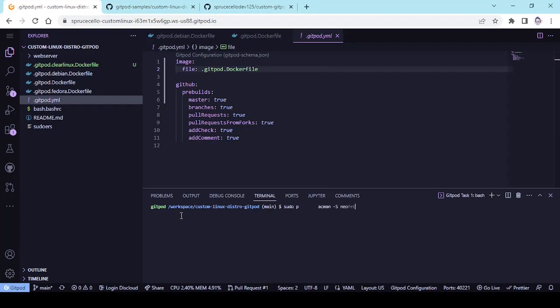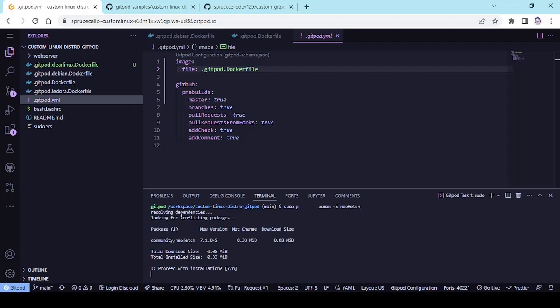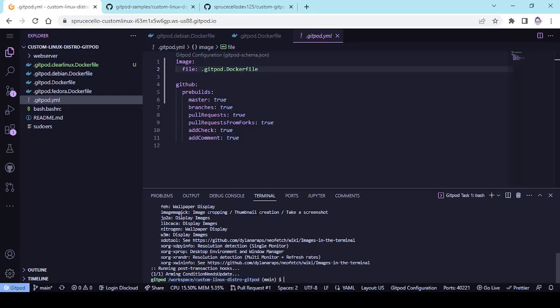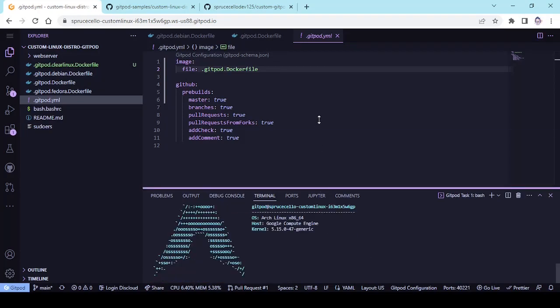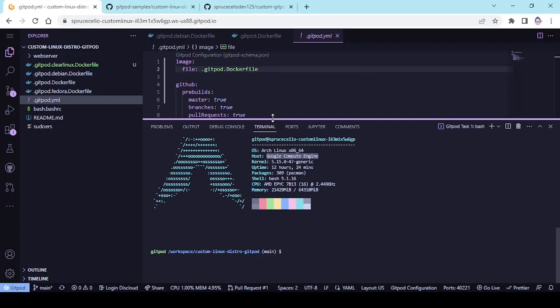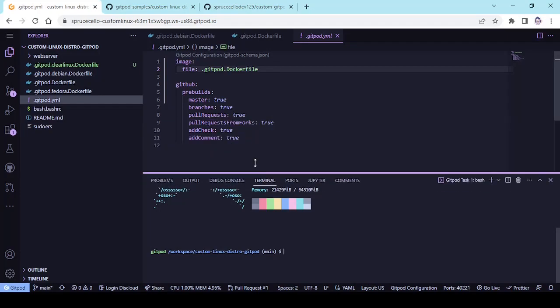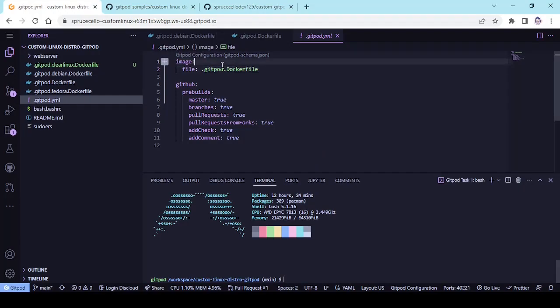So as a proof, I will install neofetch inside this Gitpod workspace, and here we go. I think it just rebooted 12 hours ago. And anyway, if you don't like Arch Linux, you can use another distribution name, as you can see right here,